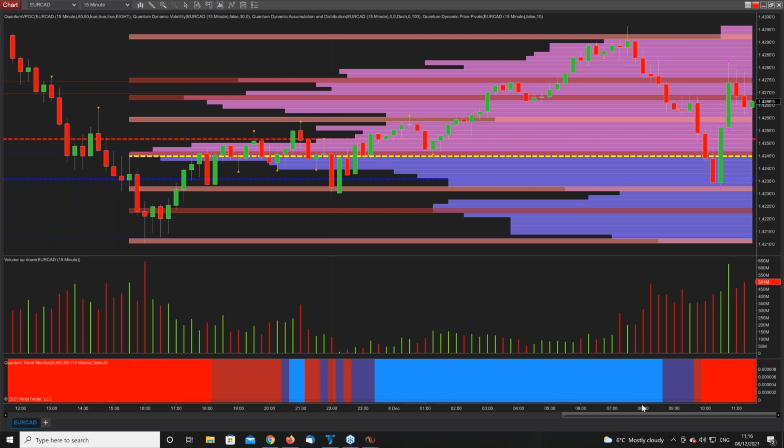And of course, this is the nice thing with NinjaTrader. Another nice facet is this is your local time. On MT4, it's very difficult sometimes to identify precisely where things happen in terms of your local time. Here it's not an issue. This is 8 o'clock, so we see the volume starting to build. We had a run up here into the London Open, and then we get this reversal, which is often what you see at the London Open, and the same way you see it at crossover periods at other points of the day into the New York session.